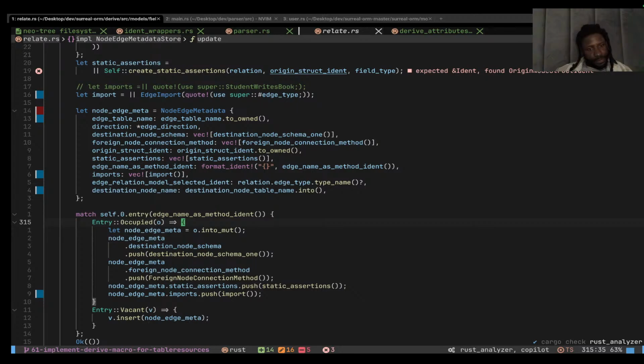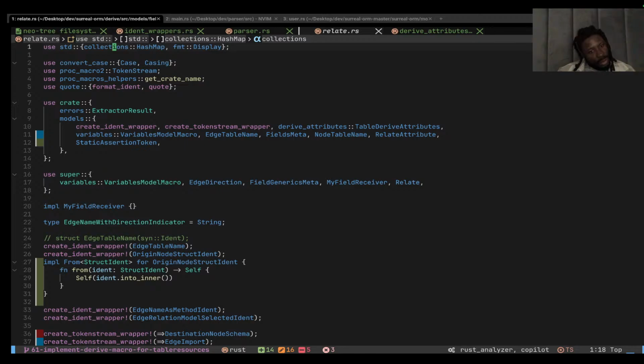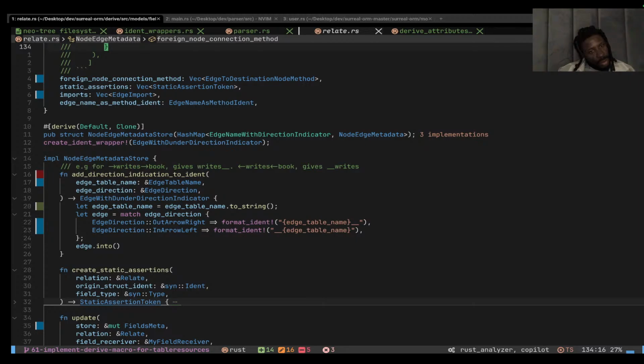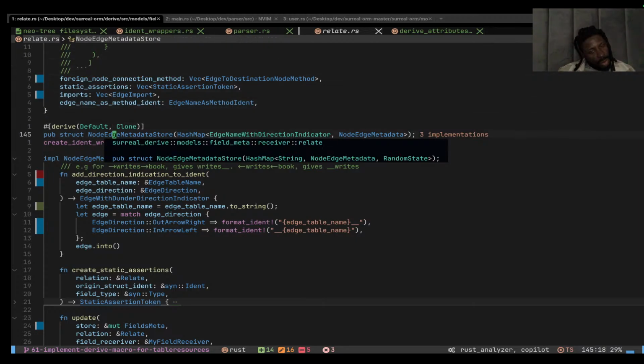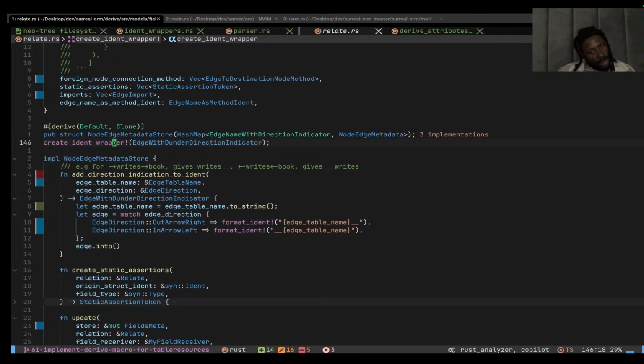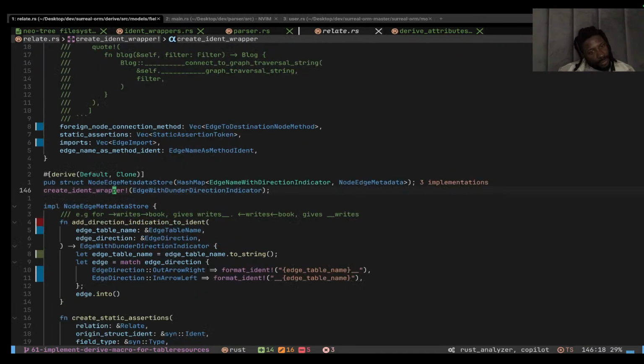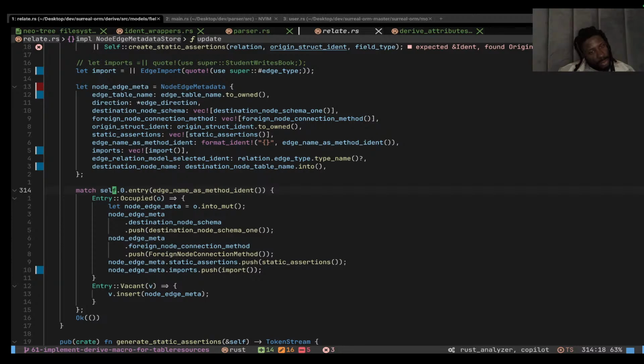Then be checking. So I believe we actually, so we had self being the node edge meta store. I thought this was what it was, but really, with knowledge metadata, but really we could, since now we're using that, it's actually going to be node